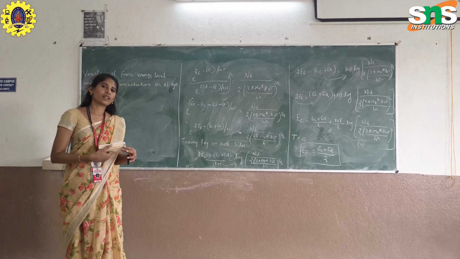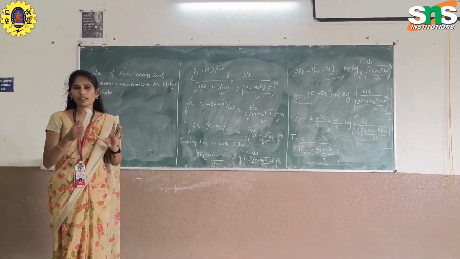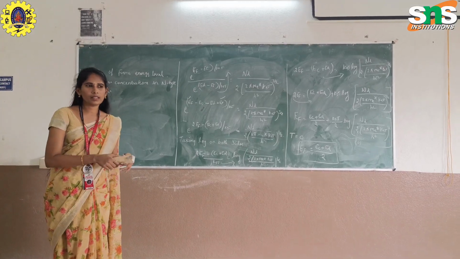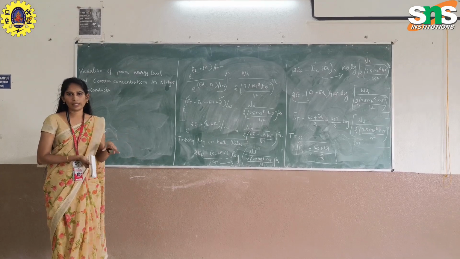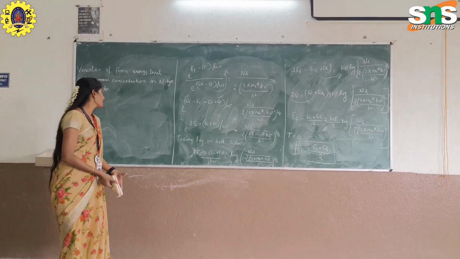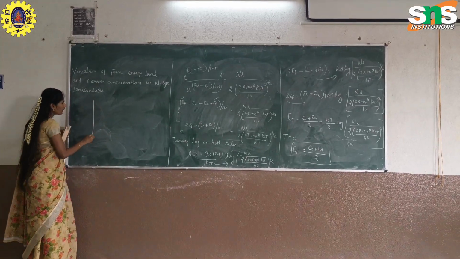In the previous class, in an intrinsic semiconductor, the Fermi energy level is intermediate between the valence band and the conduction band. Extrinsic semiconductors have two types, N-type and P-type, based on impurities. In N-type semiconductor, the Fermi energy level is nearest to the